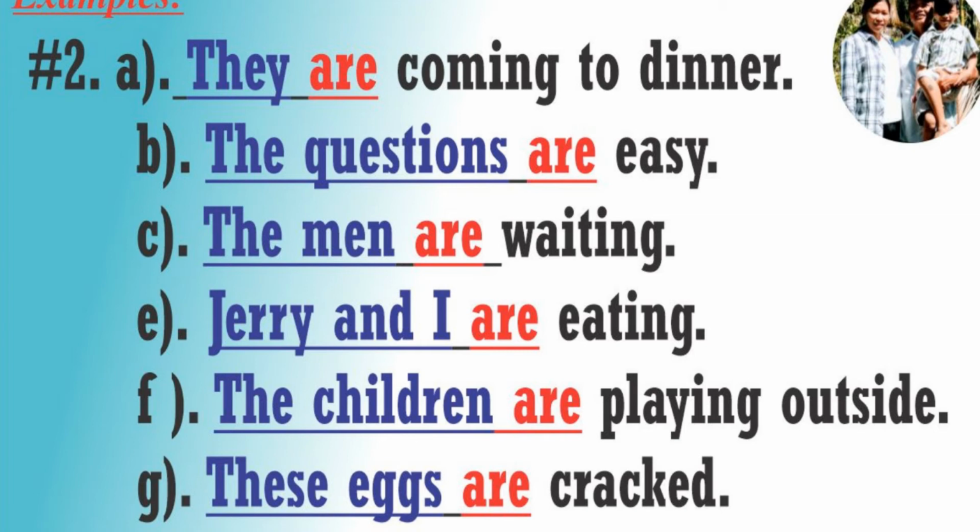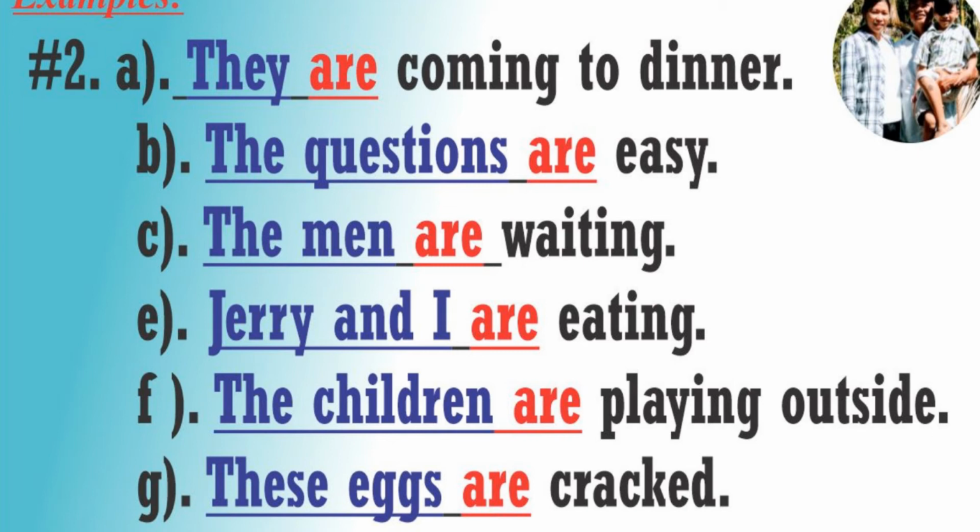Line E, Jerry and I are eating. Jerry and I are eating. Are eating. Okay, Jerry is the name of a male person, and I